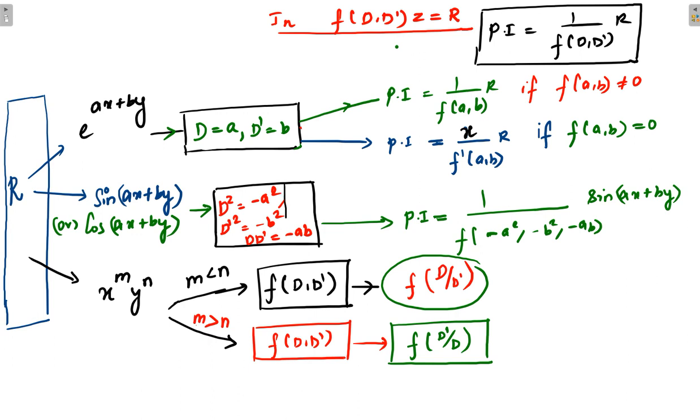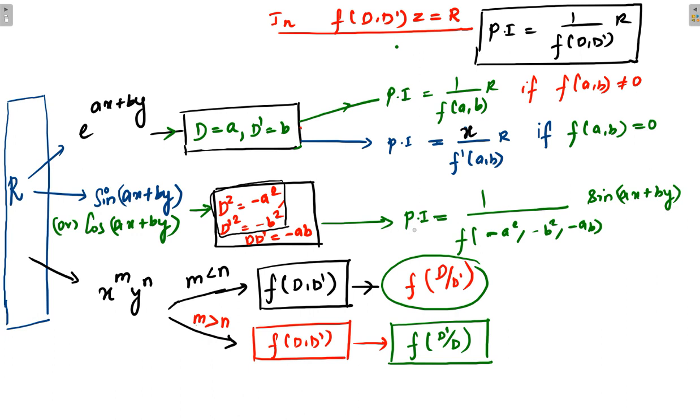So these two terms are always negative, right? But d d dash is equal to minus ab. Depending upon a and b, you may get positive or negative values, right? Here we are multiplying by minus after squaring the value a, so for d square and d dash square you may get a negative value. So keep this in mind while substituting d square and d dash square, right?